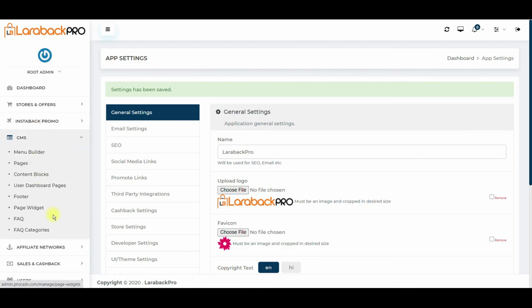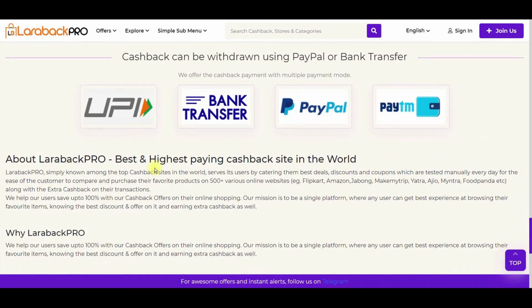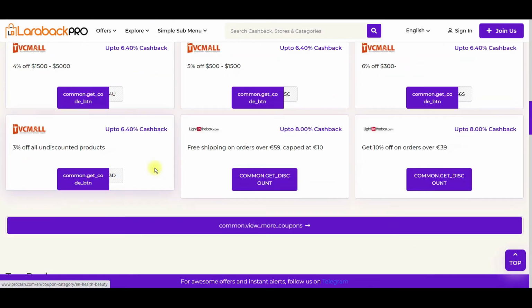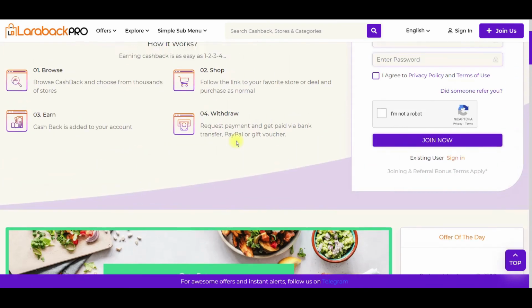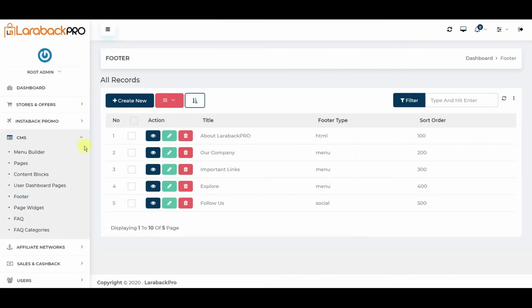So the entire homepage, every content, every section is dynamic and has so much control that you can define the orientation, you can define the layout, you can define the sequence of the content, you can actually change the orientation, icons, content, everything is dynamic, 100% from within that panel.